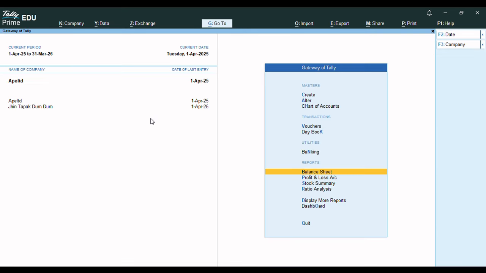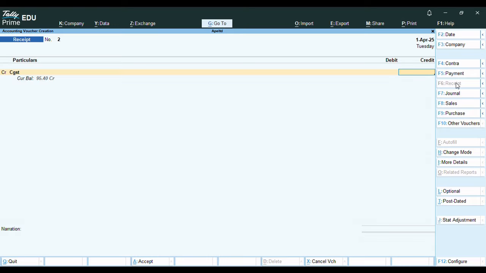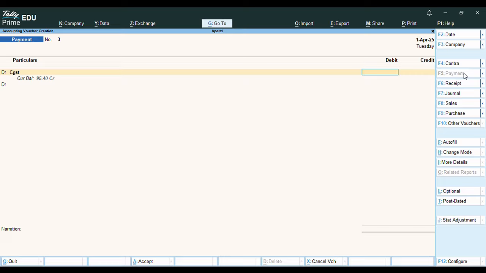So we will go to the voucher entry, then CGST amount is 95.40. Sorry, this is payment. CGST is 95.40,